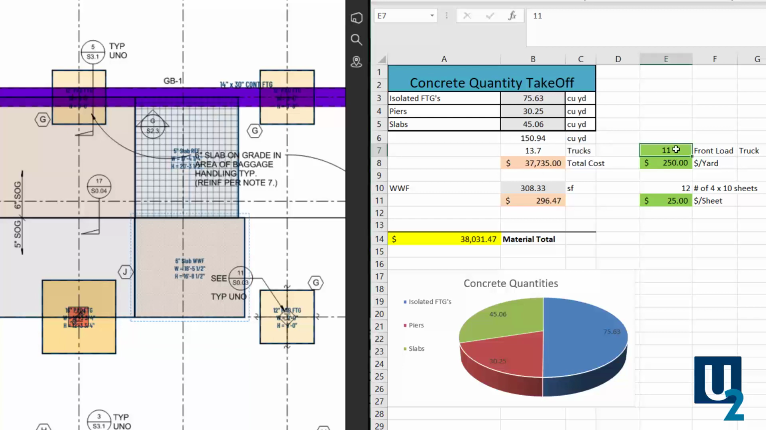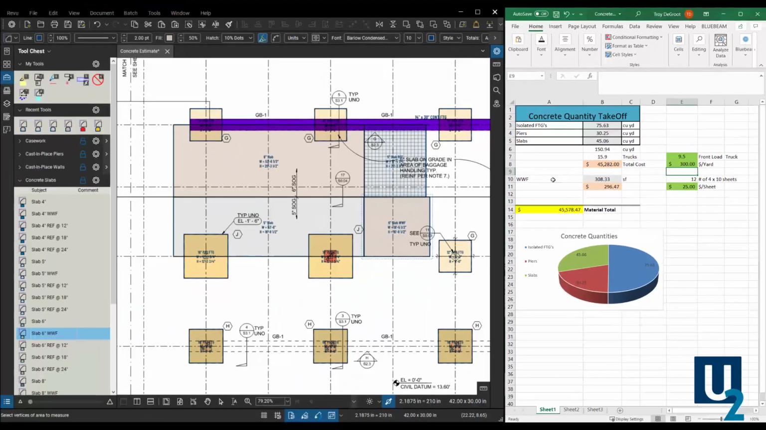I can select what size truck I have. So this is a 9.5 yard truck. I can switch that. It changes my quantities, the number of trucks I have in here, so I know how that delivery is going to work. And if concrete is $300 today, I can switch that here, and it feeds into all those formulas and changes the totals down here. So let's look at those rebar